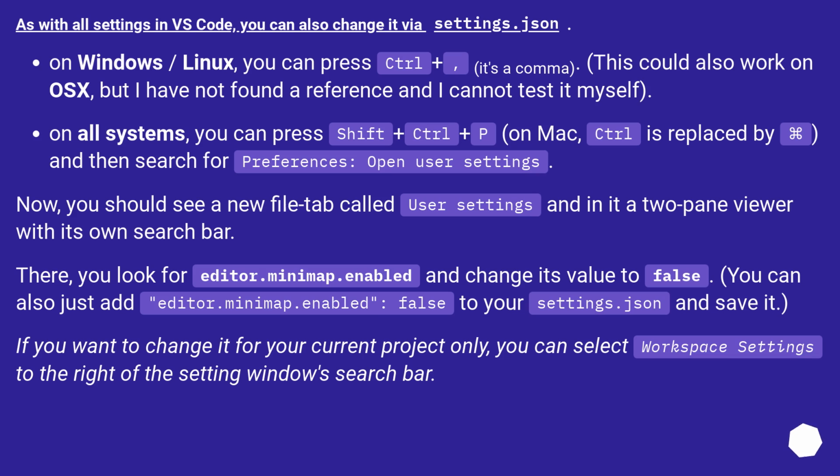On all systems, you can press Shift plus Control plus P. On Mac, Control is replaced by Command. Then search for "Preferences: Open User Settings". Now, you should see a new file tab called User Settings, and then a two-pane viewer with its own search bar. There, you look for